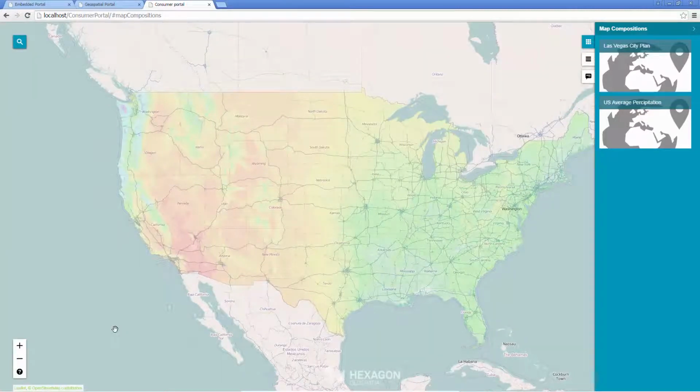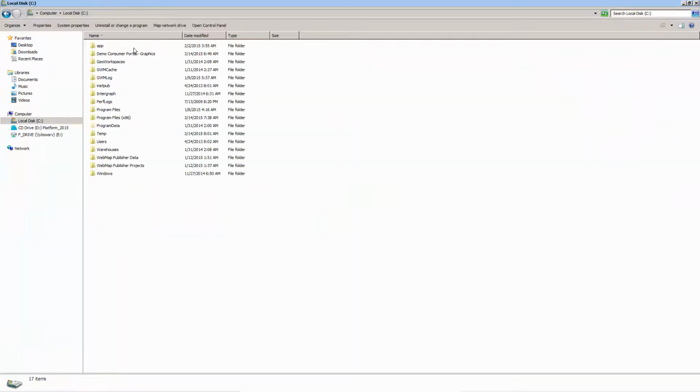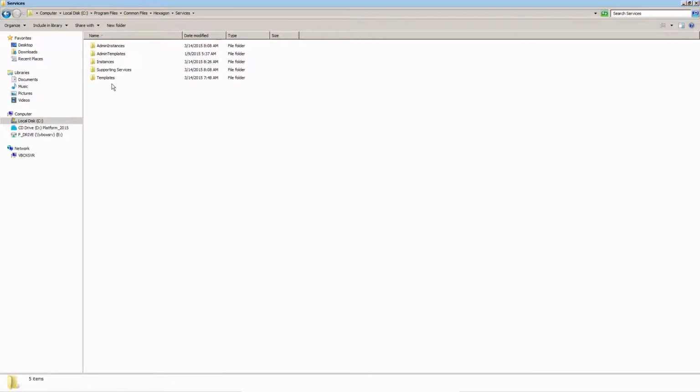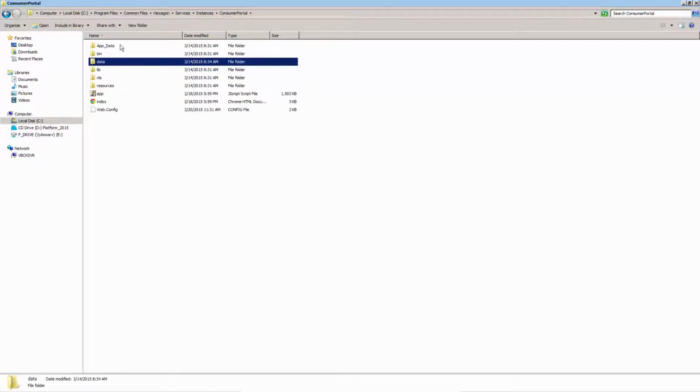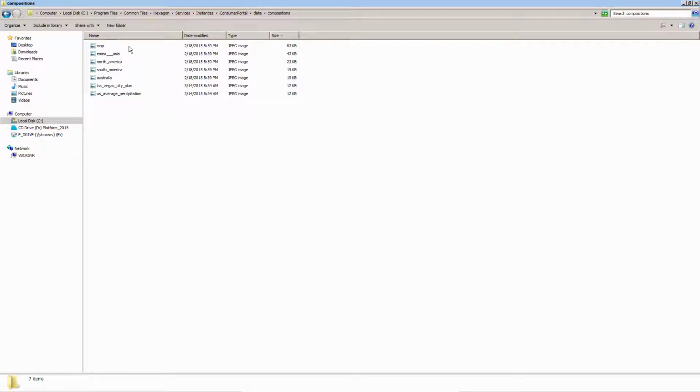First, prepare the graphics you'll use as map compositions. The map thumbnail graphics for every Consumer Portal instance are stored in Program Files, Common Files, Hexagon, Services, Instances, the instance name, in our case Consumer Portal, Data, Compositions folder. The JPEG files are named as your maps in Consumer Portal with underbars used instead of spacebar characters